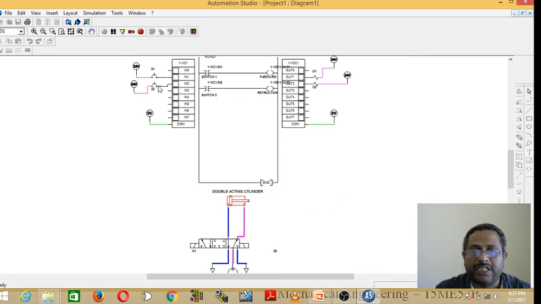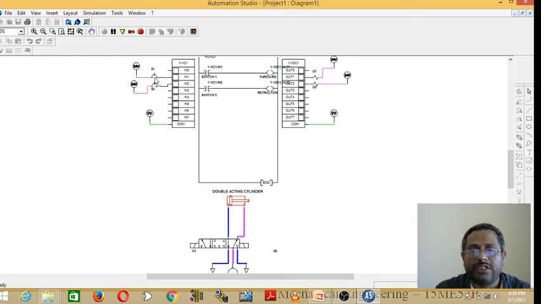And when we press S2, this switch 2 will be activated and it will energize the retraction coil, which in turn energizes solenoid 2, that is O2, and it will supply power to the DCV, and it will supply the air to this end and push back the piston to its original position, that is the retraction motion.